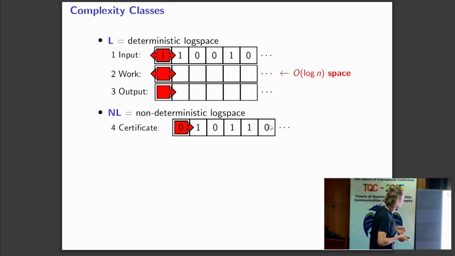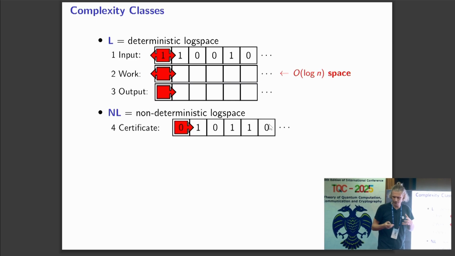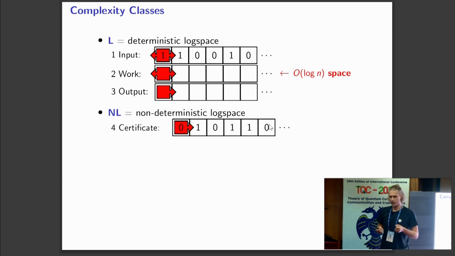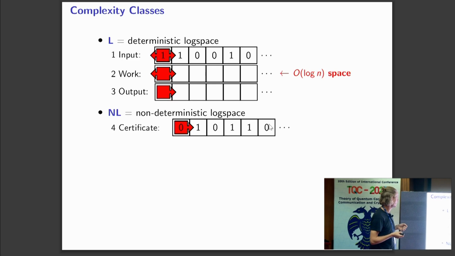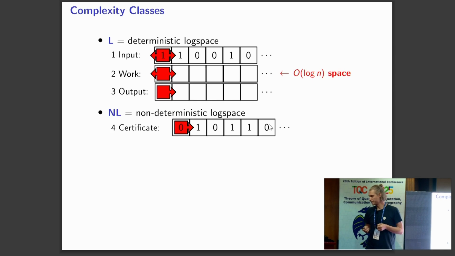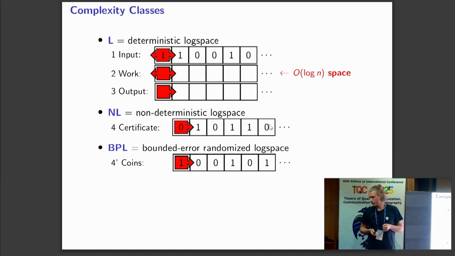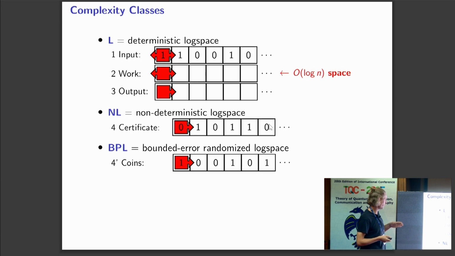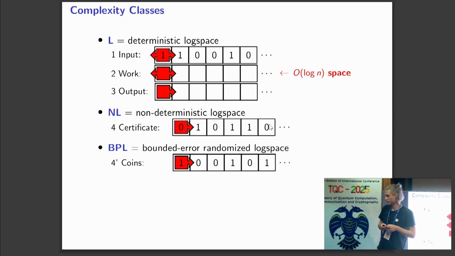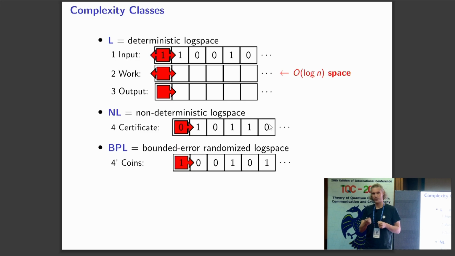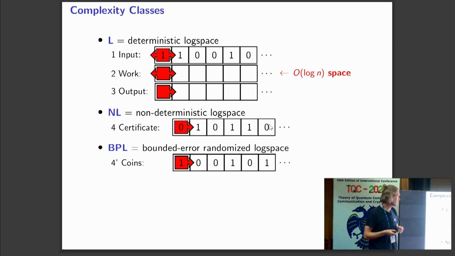Making this a little bit more interesting is non-deterministic log space where, again, there's different ways of looking at it, but one useful way is that you imagine there's a fourth tape here that contains a certificate. Okay, and so we want to, in log space, verify that a certain property of the input holds, and we're given this certificate to help us in verifying that. Okay. A different variation on L is BPL, where this fourth tape now is a tape of random coins. It contains random bits, and our algorithm can read random bits off of that tape,